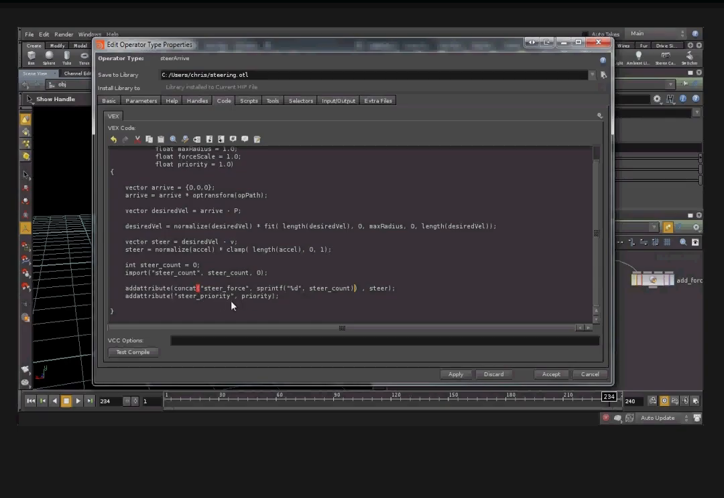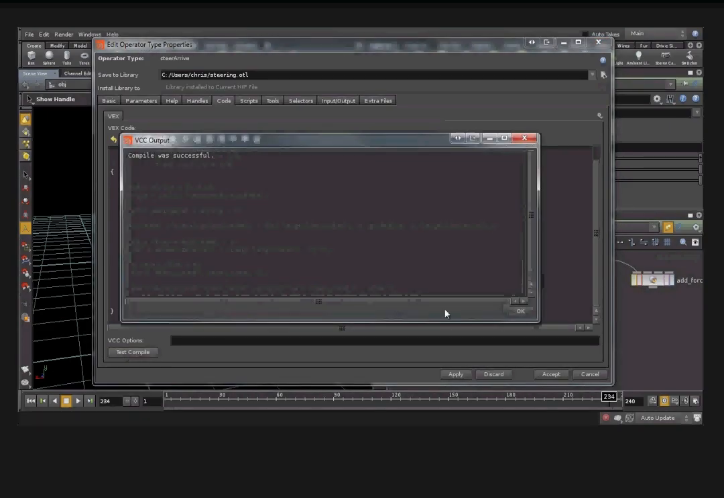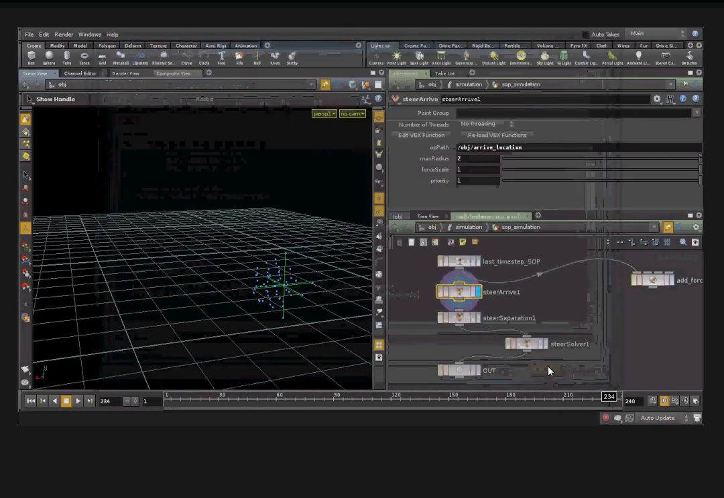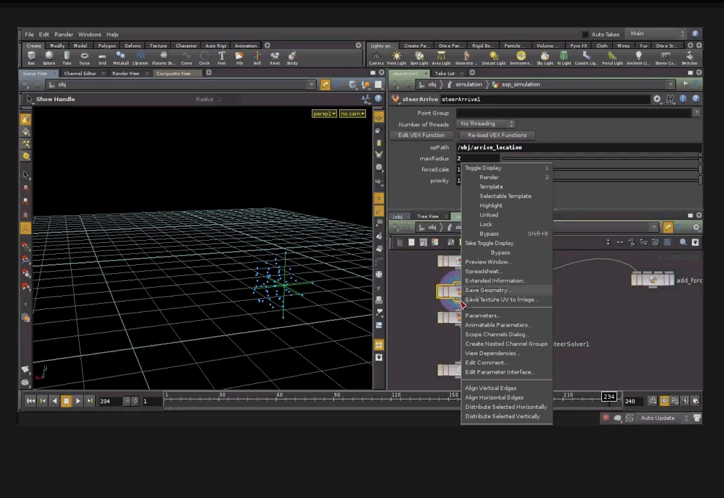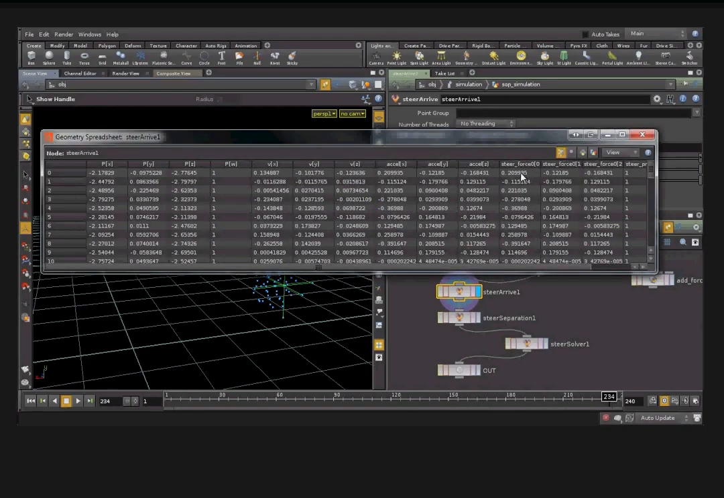And the same thing we will do for the steer priority. Let's add concat, sprintf, steer count, and that's all. Let's test compile. Compile was successful, and take a look at our spreadsheet, and you see we have the 0. And